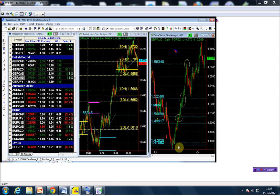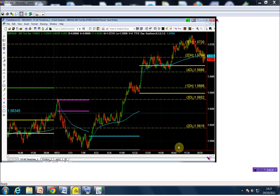The pound Aussie is also following the same motto. It is more Australian weakness than it is pound strength, but again you can see it came above the structure point. You can see the momentum that it came in with out of the London session on Friday, right above the structure point. That is a pretty nice setup sitting at the structure, and this is what I was just explaining to you in the previous one,